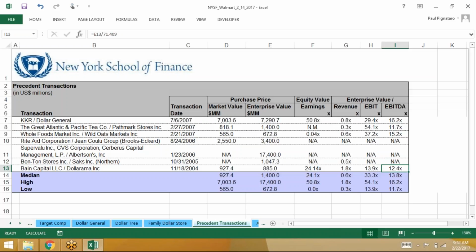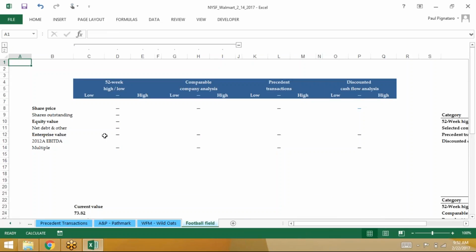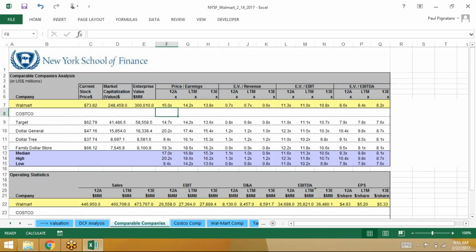Okay, how do we apply this? We had three methods of valuation: DCF, precedent transactions, and comparable company analysis. How do we apply this? Well, if you go to the right, we have this football field where everything gets laid out. And when looking at, let's say, the comparable company analysis, now, I think for you guys coming in, this comps analysis,